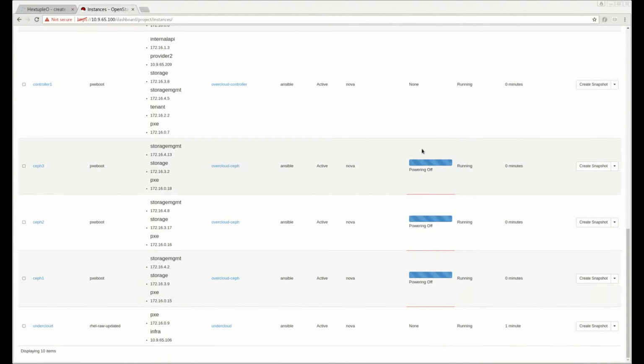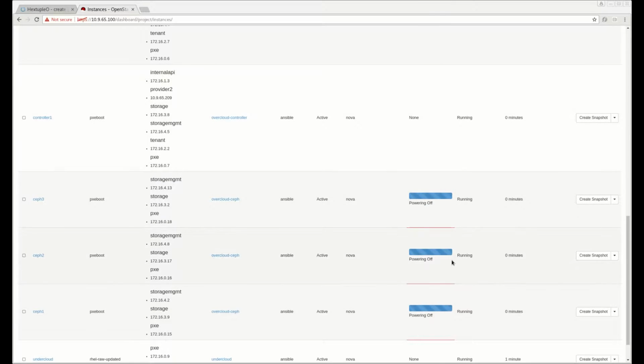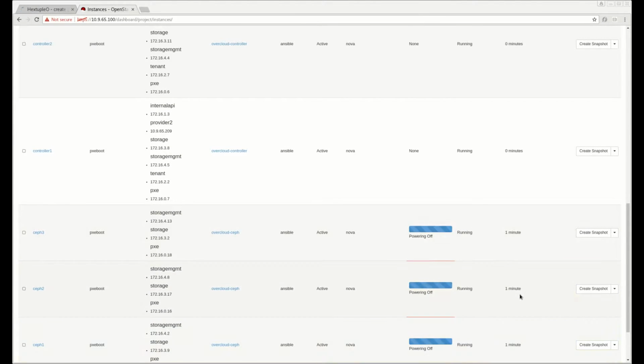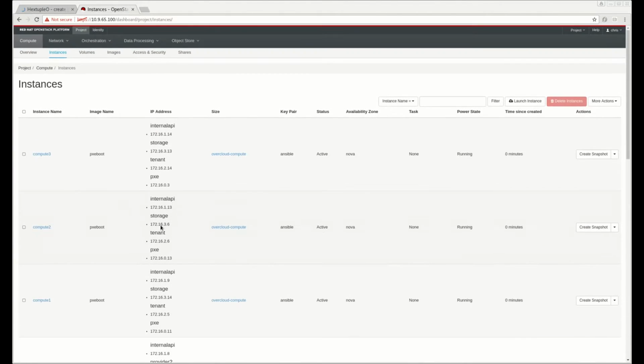Ceph nodes are being powered off. The reason for that is in order to attach the volume that's going to be used for Ceph later, they need to be powered off first. But then all the networks, as you can see, are already created, if we go under network topology,